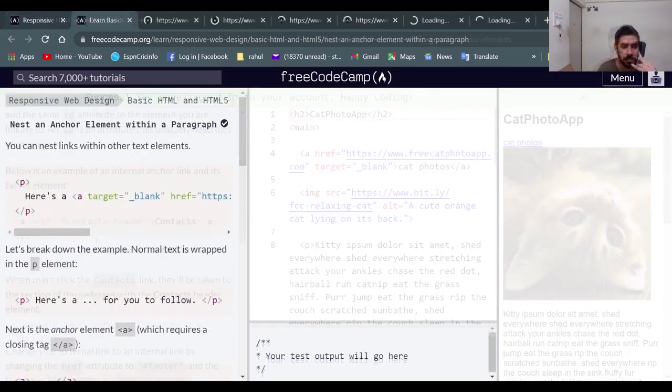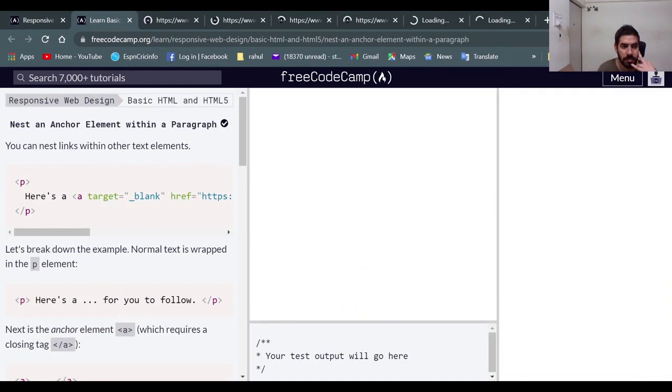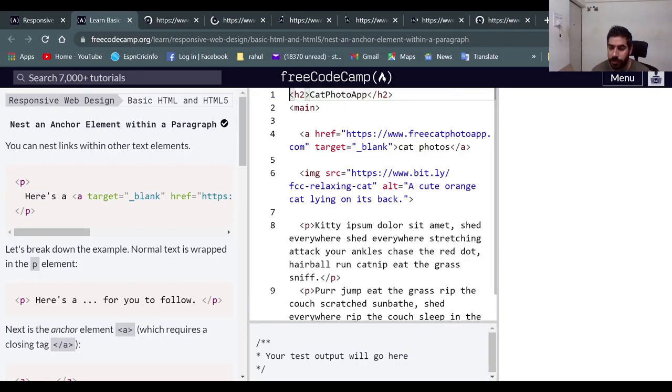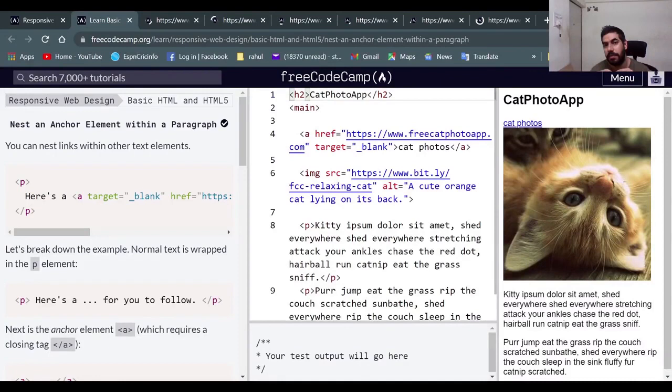So the second topic is nest an anchor element within a paragraph. Suppose we have a paragraph and in between there is a word which we want to link to some other website or any other section of the page.